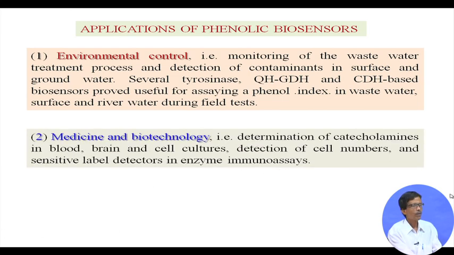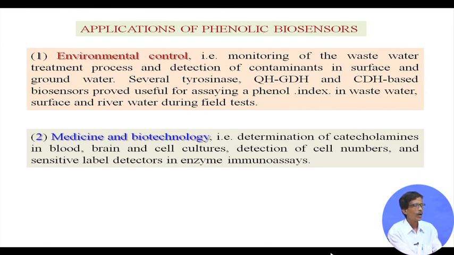Then a broad application will be in the area of the pharmaceutical industry, medicine and biotechnology, because just now we were discussing catechol oxidase. Some molecules are also known as catecholamines, and they are good neurotransmitters for our neural activation, for our neural signaling transfer. The name will immediately tell you, you know the amines like ammonia, so organic amines. So catechol bound to some amine part.